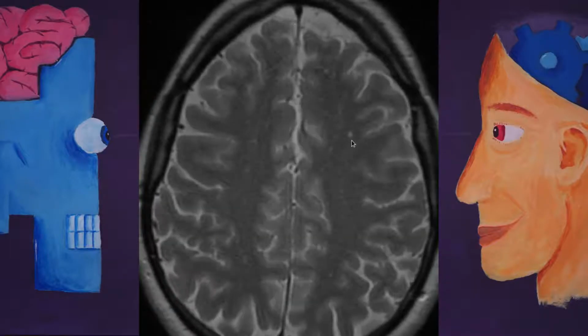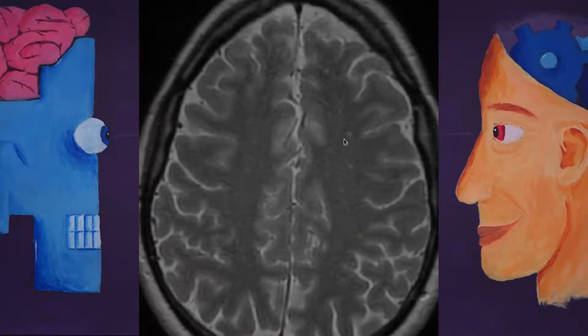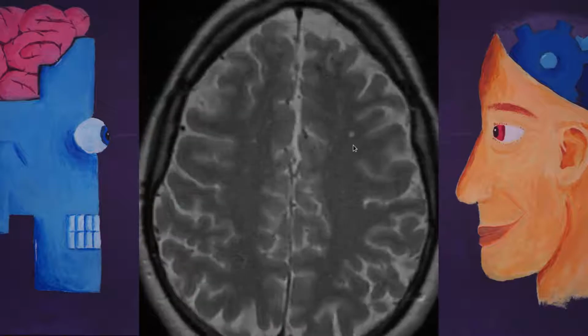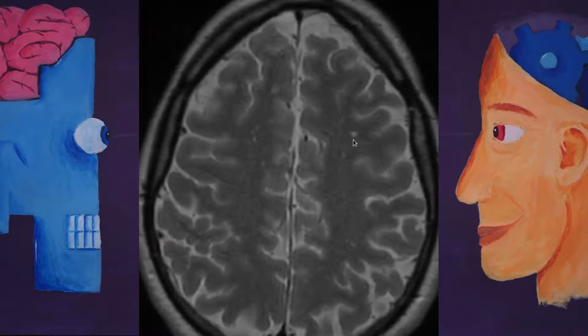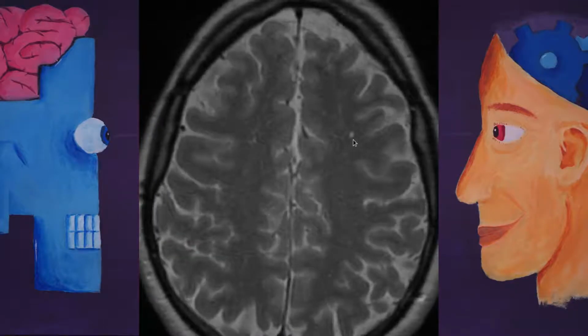But this is quite tricky. If you look at it only like this, it could look like a white matter appendage. But then I look through the slices and I see it as some sort of tubular structure. So actually it's probably a perivascular space.